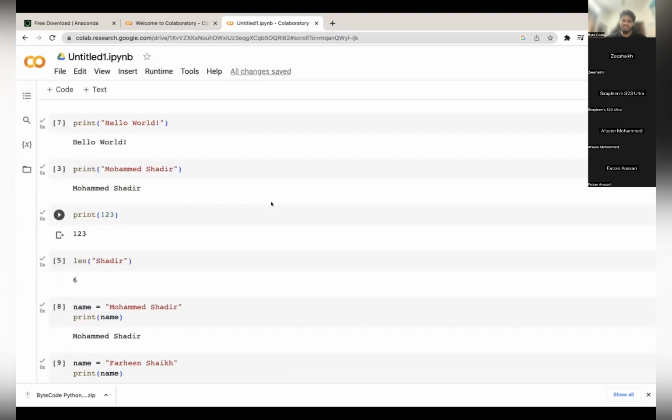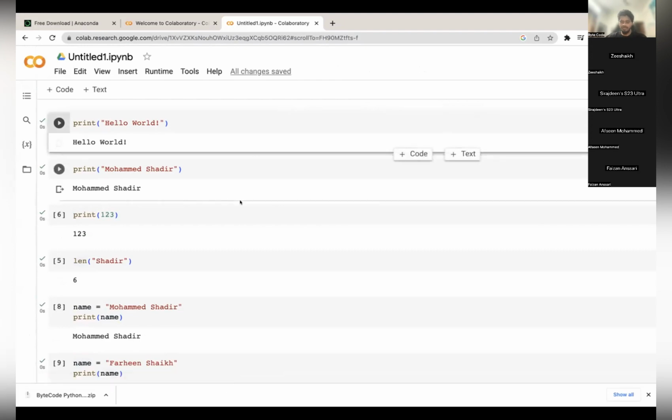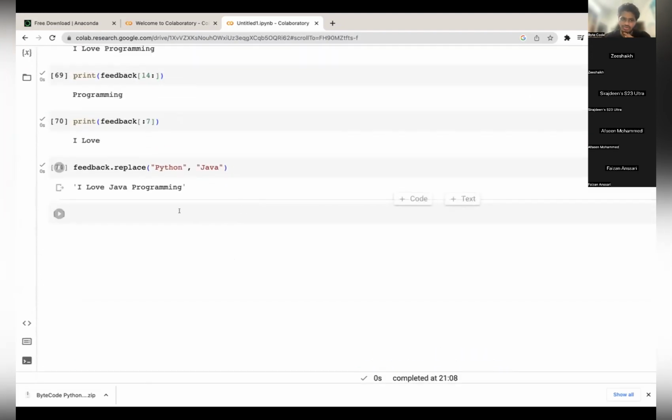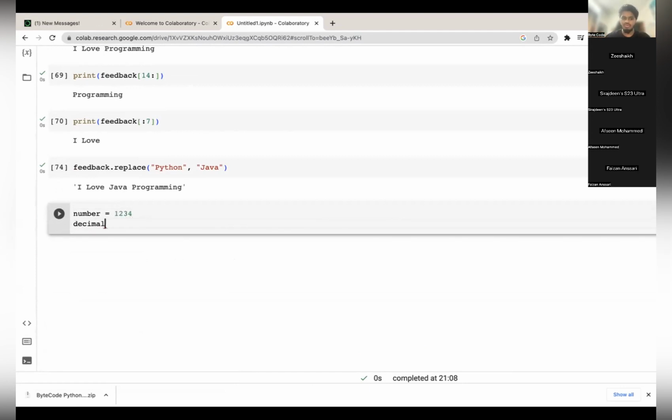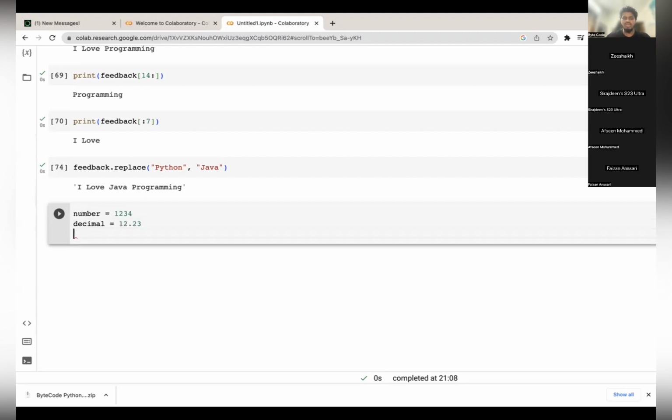From what we have seen until now, are there any doubts? Okay, understood. I will now introduce you to two more simple data types, which are numbers. For declaring numbers, you don't need inverted commas. You can just write 1, 2, 3, 4, and you can also have decimals, like 12.23.